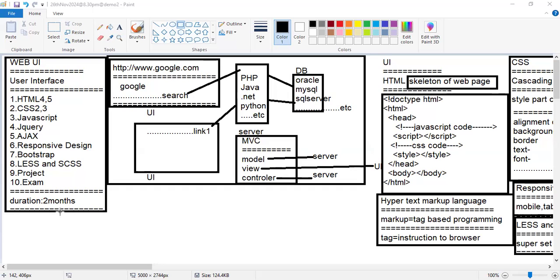Next, in the next session, I'll start my first topic of my content, that is HTML4. In that HTML4, I'll explain how to install Visual Studio Code and how to run our first program in the next session. So yesterday and today, we have completed our demonstrations on each topic, the basic introduction part and our